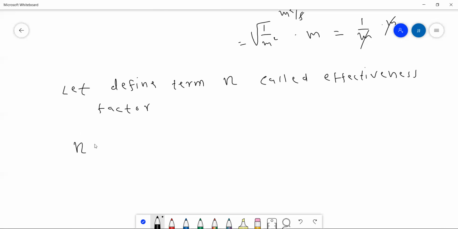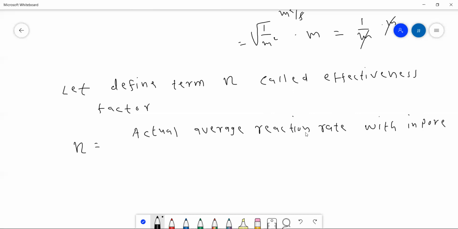So let's define eta is equal to the actual average reaction rate within the pore, that means with pore diffusion resistance, divided by